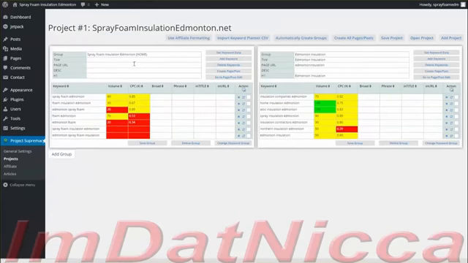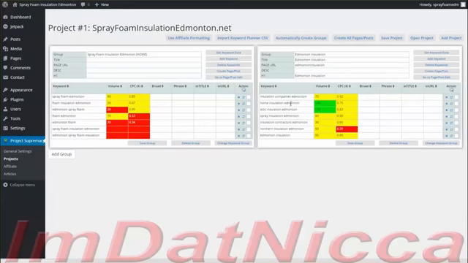So when we analyze this group, we can see these keywords: spray foam Edmonton, foam insulation Edmonton, Edmonton spray foam. They're all basically dealing with foam insulation or spray foam insulation in Edmonton. So we can actually target all these keywords from a single group. It's very, very tightly focused. It's going to be easy to craft page title, URL, description, and H1 to basically target all these keywords. So we'll move over to the next group and start